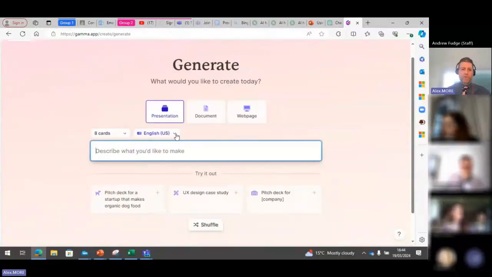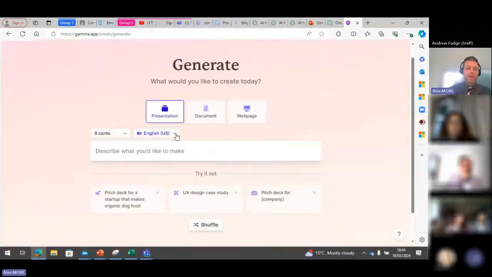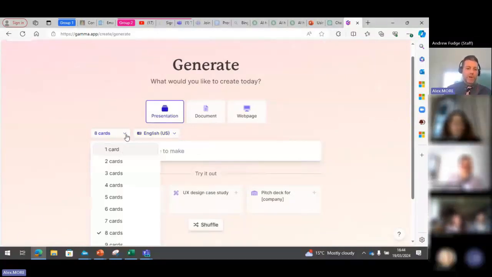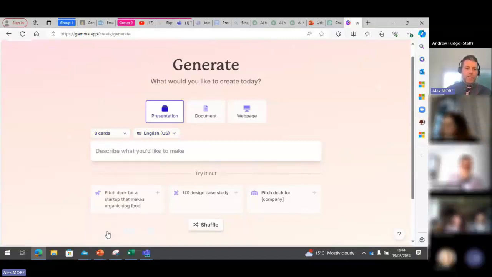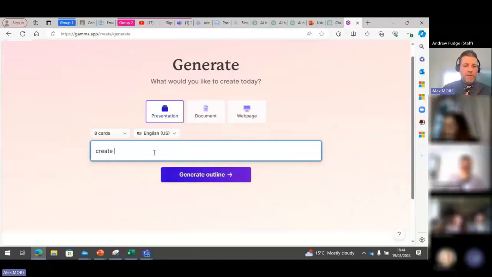And you can choose how many cards and what language you want it in. So the MFL teachers in the audience, you can change your language here. That's quite cool. Indonesian. I won't do that today. I'm going to go with 8 cards because that's enough for a slideshow. And what we're going to do here is create a slide deck for photosynthesis. Actually, no, let's go with those plant cells we were talking about, aimed at children aged 12 years of age